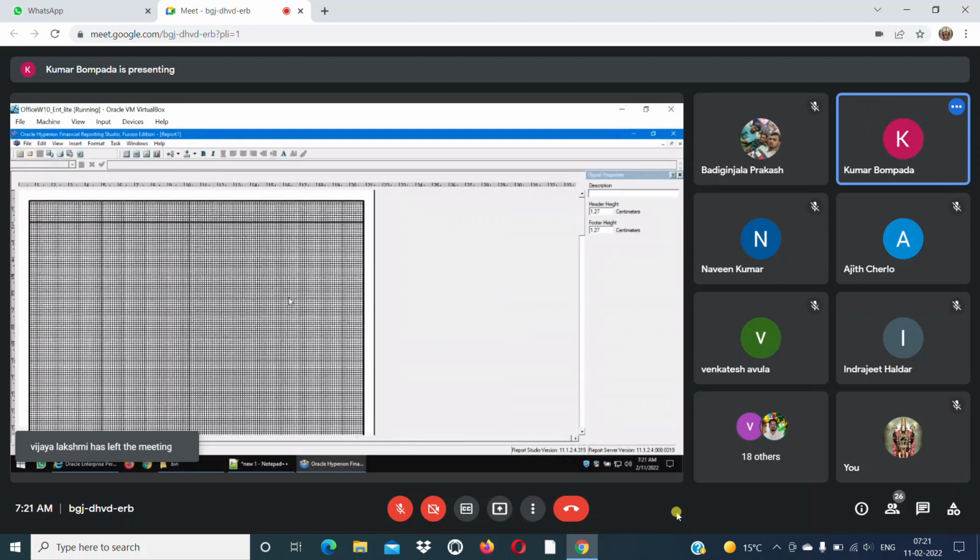There are three types of reports. First one, simple reports. Simple reports, there is no definition. We will see all simple reports. Second, medium reports. It includes